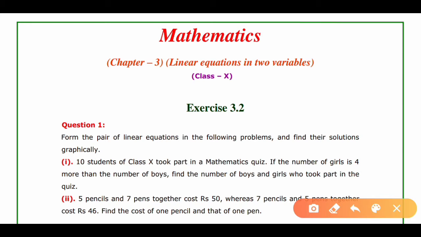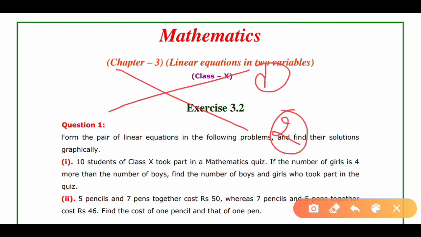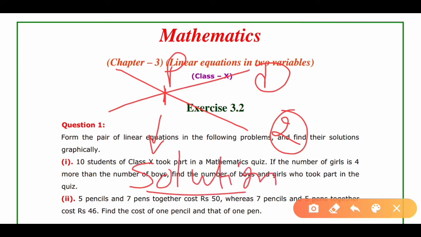You just remember, if we have two linear equations, this one is first, this one is second, and these linear equations are intersecting each other, then the intersection point will be our solution. This one is point P and this point will be our solution. So just remember this point. We'll use this for finding our solution. Clear? Let's see.